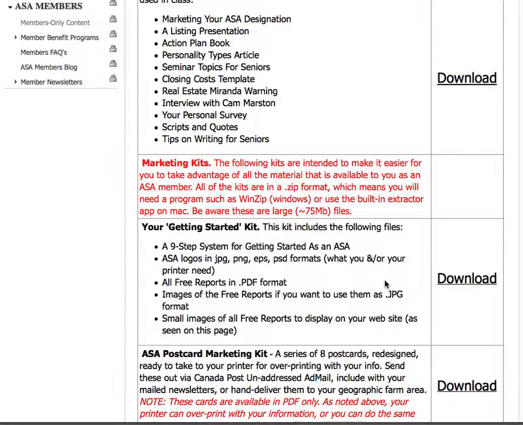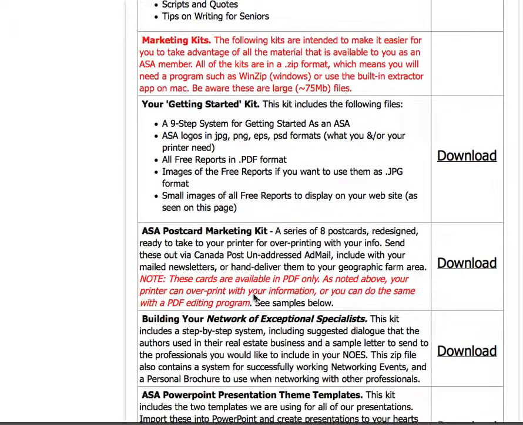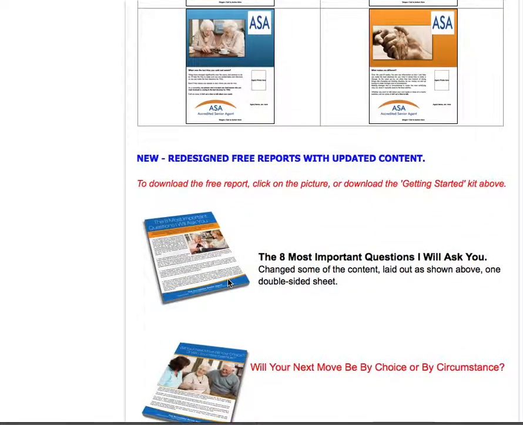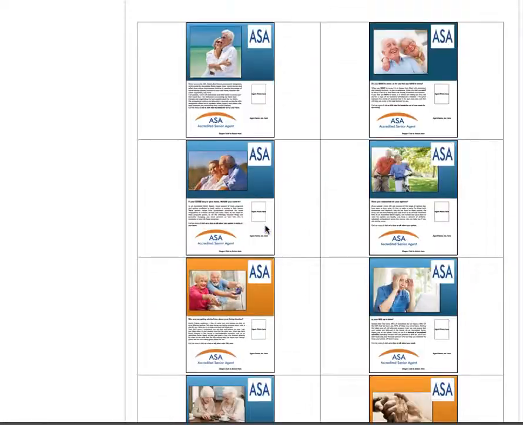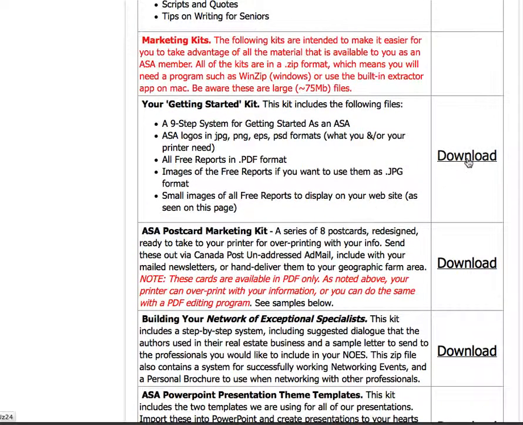Scrolling down further, we have the Getting Started kit, and same thing here. You know, there's the logos. This is a PDF document, free reports in PDF, images of the free reports if you want to use them in a JPEG format, and then also small images of the free reports that you can use if you want to display them on your website for people to request, like this. This is the small images here. So same thing with this, you would just click on download,